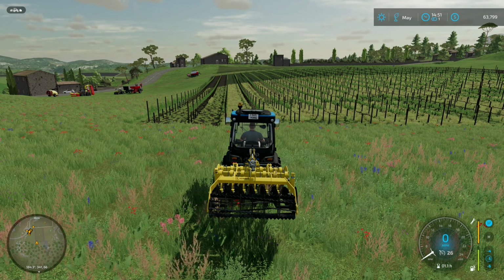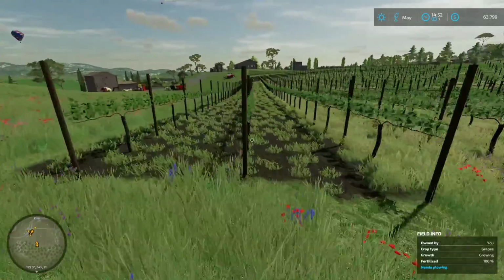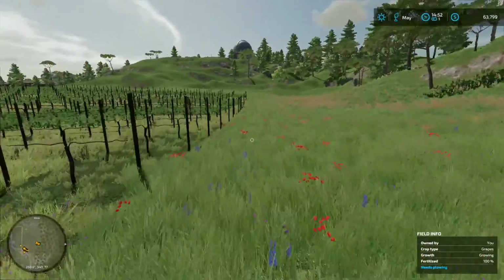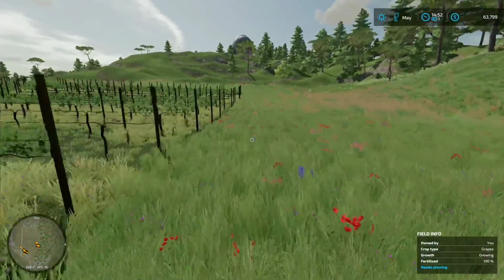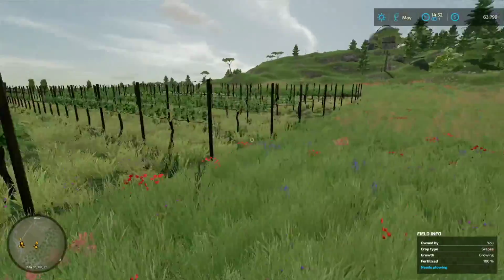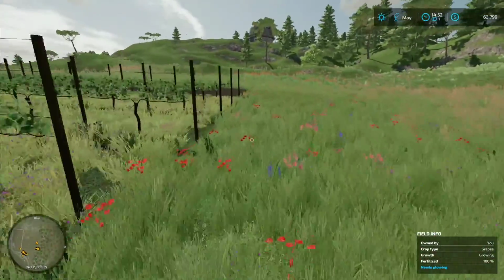So first thing, planting. How do we plant grapes? What do we do? How do we get there? So you can see over here, I already have some vines planted, and we're going to take a look at what we need to do to get another one set. So you'll see all of these rows that we have over here. And in order to plant grapes,